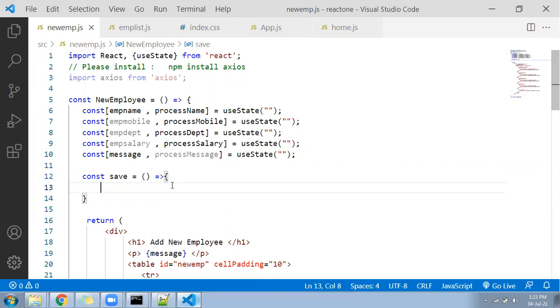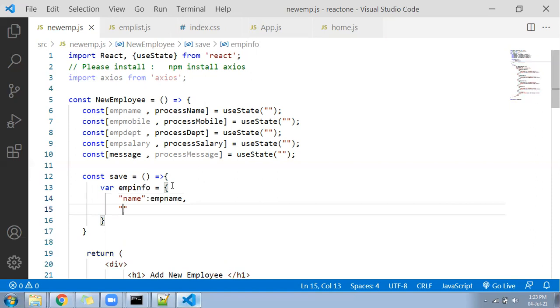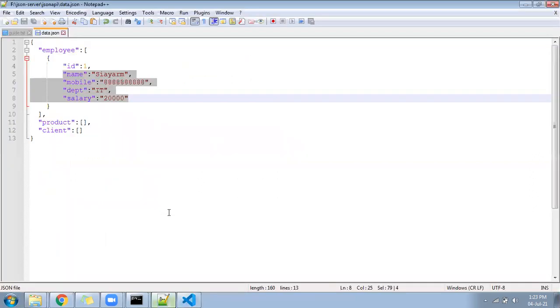Create a variable here called empInfo equal to, right there, id. ID no need to pass. We need to pass only the name of the EMP. ID will get generated automatically there. Name, that is under the EMP name, correct? Next we have called salary. See, it should not be different. It should be the same as this. Look here, I'll copy that content and write it here. See, it should not be different.